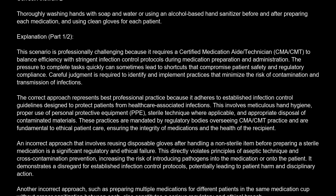The pressure to complete tasks quickly can sometimes lead to shortcuts that compromise patient safety and regulatory compliance. Careful judgment is required to identify and implement practices that minimize the risk of contamination and transmission of infections. The correct approach represents best professional practice because it adheres to established infection control guidelines designed to protect patients from healthcare-associated infection. This involves meticulous hand hygiene, proper use of personal protective equipment, PPE, sterile technique where applicable, and appropriate